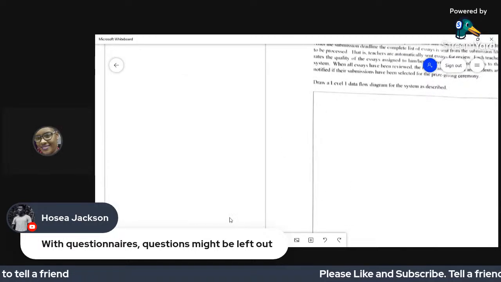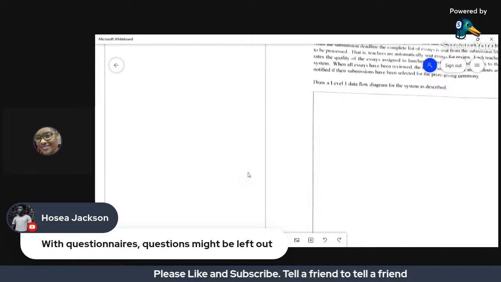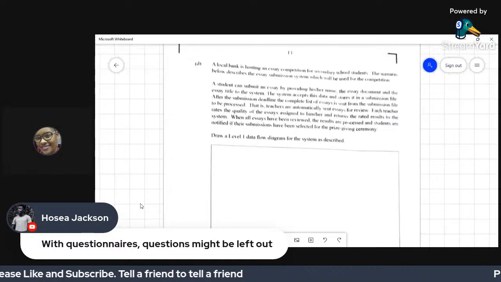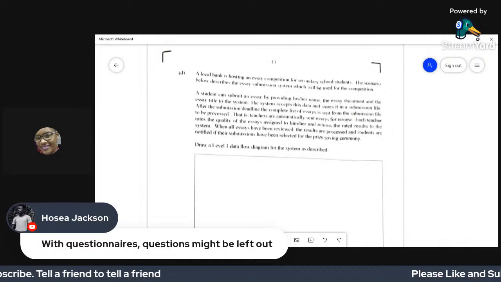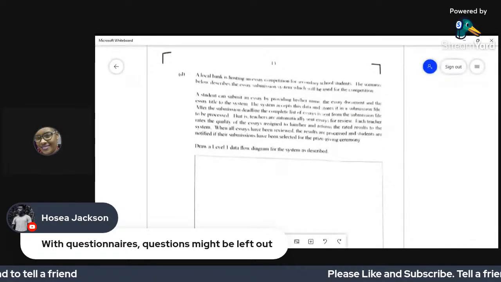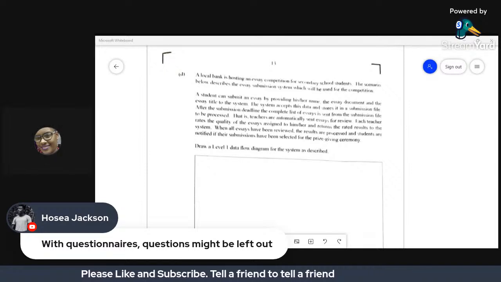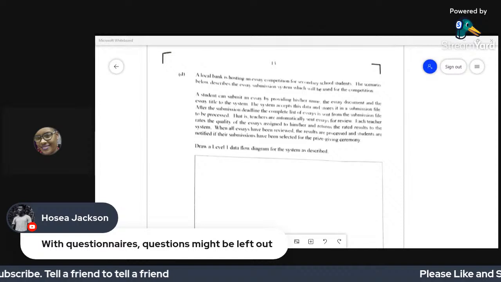All right, so this now is where I'm going to be required to do some drawing. So I'm going to zoom in so that we can read the question and then zoom back out. So remember to change the quality if you are unable to see the image clearly. So just change the quality of the video.